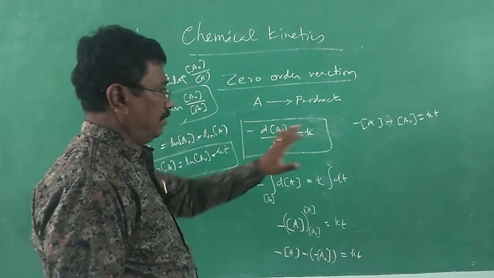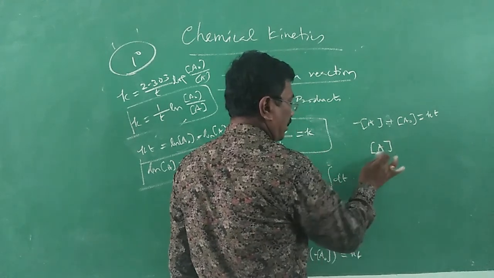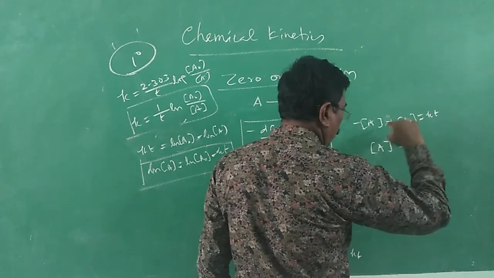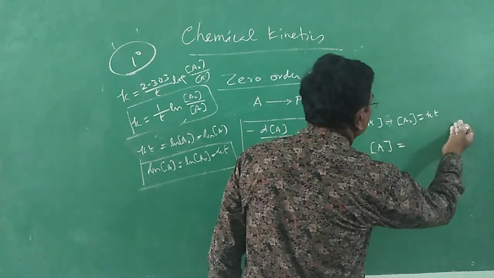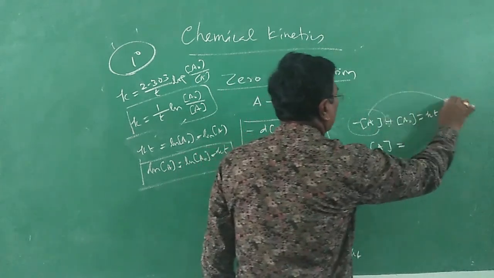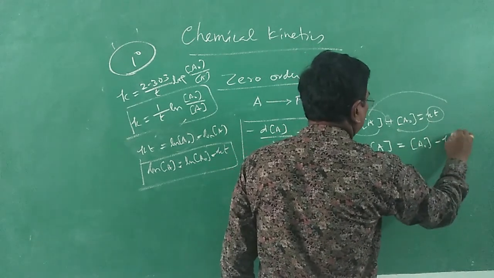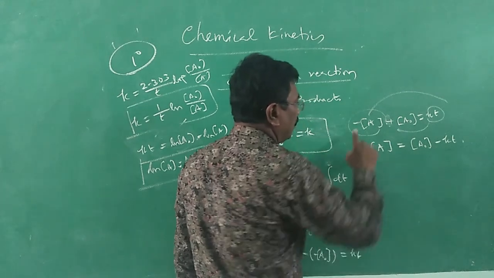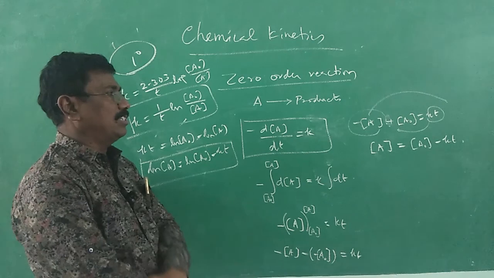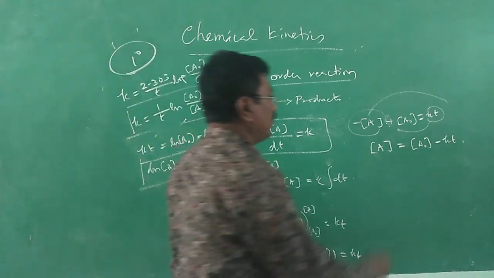Or else, let me change the sign. A, the concentration at time t, is equal to, this becomes minus when it goes to the other side. Let me take this one this side, you assume like this, it was taken there and it was taken here. Therefore, a naught minus kt. When it comes here it becomes minus, when it goes there it becomes plus. You can assume like that, just by interchange. A is equal to a naught minus kt.